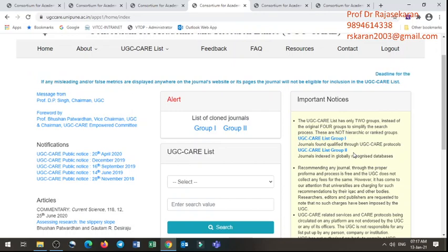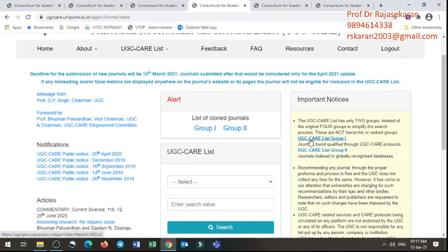Fine. First of all, these UGC CARE list, Scopus list, and Web of Science are databases that list certain journals. So you can rely on it: when a particular journal is listed in that database, it is a good journal. That way you can come to a conclusion. Now, how to check whether a particular journal is listed? Very simple. In this same link, just go to this particular web page.